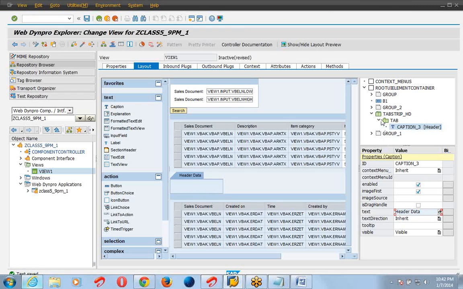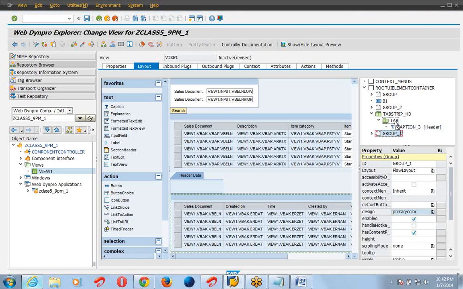Now drag and drop this group 1 2 into tab strip.